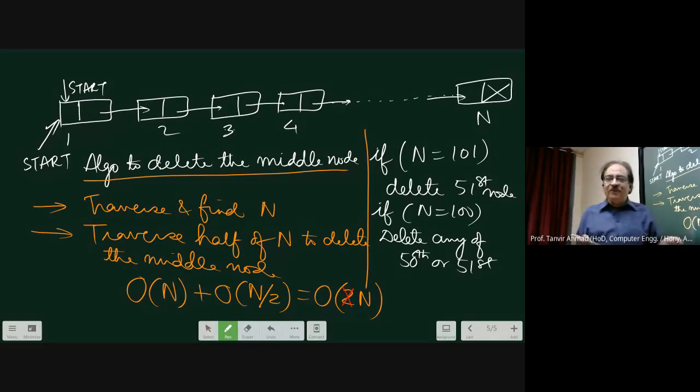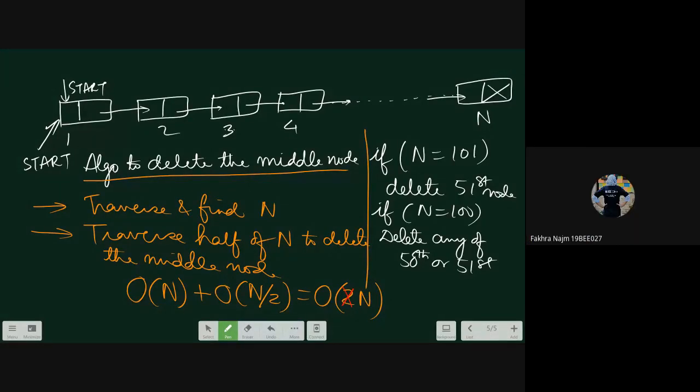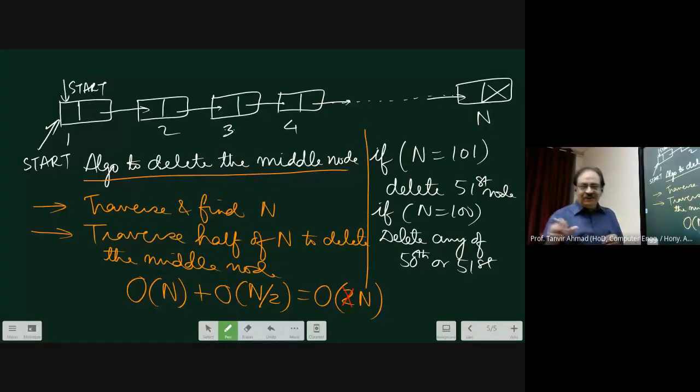For a linear search, how much time should it take? N times, order of n. If I take order of 2n, you will say that's not very good because you are going to take extra time. Now, how to reduce this from order of 2n to order of n? Any suggestions? So we can use slow and fast pointers. Okay. What she said is correct. But any answer, what is the meaning of this? Anyone?